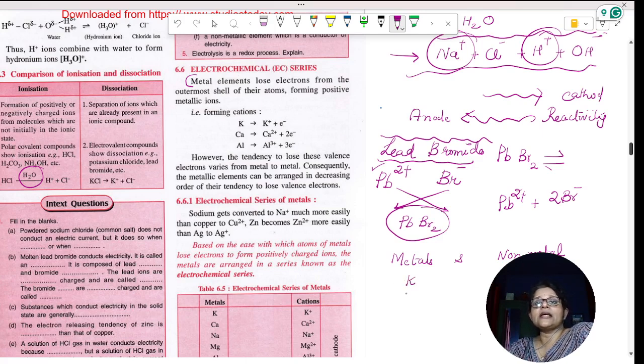For example, potassium, sodium, calcium and magnesium are all highly reactive metals. You have also studied the same thing in metallurgy. You need to know this reactivity series. These highly reactive metals are placed at the top of the reactivity series. Why are they highly reactive? They readily form